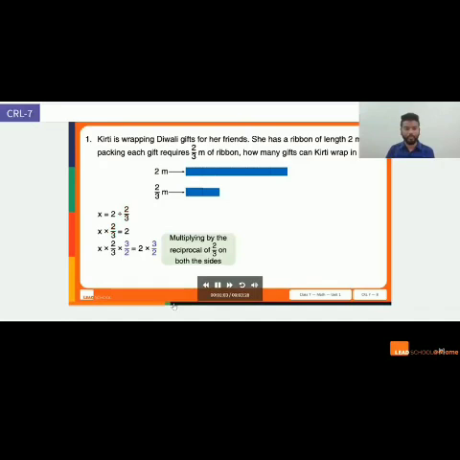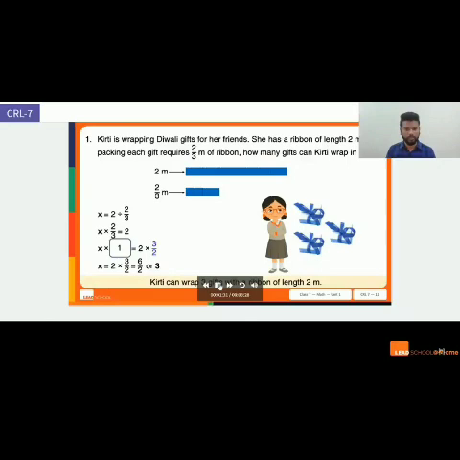Now I'm quickly multiplying my fraction by its reciprocal fraction on both sides of the equation. The numerator turns into the denominator, the denominator turns into the numerator. Because I have to keep it common on both sides, I have to multiply it on both sides. This will still keep both sides equal. Do you remember that multiplying a fraction by its reciprocal gives us 1? Correct? 3/2. This gives 6/2, with a ribbon of length 2 meters.